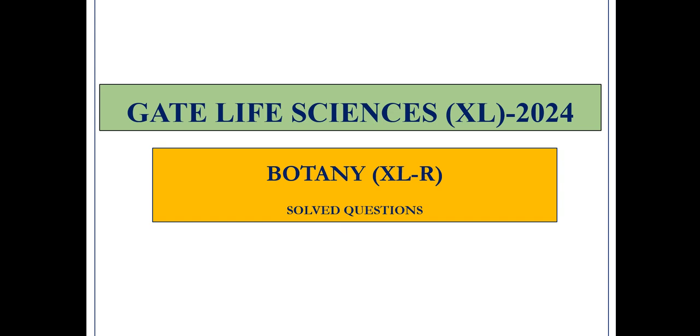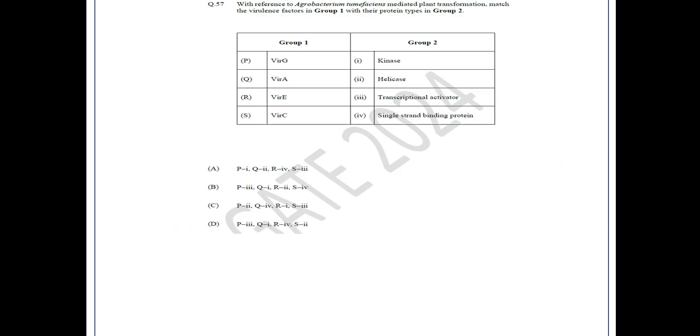Hello, here we will solve the GATE 2024 Life Science question paper focusing on the botany section. Now let's begin. This is question number 57 from the GATE XL paper. This is a matching type question which states: with reference to Agrobacterium-mediated plant transformation, match the virulence factors